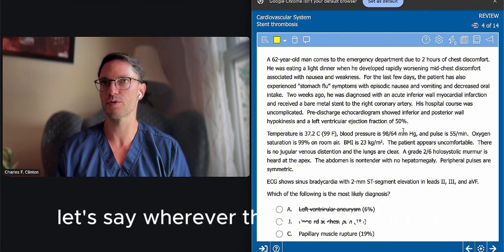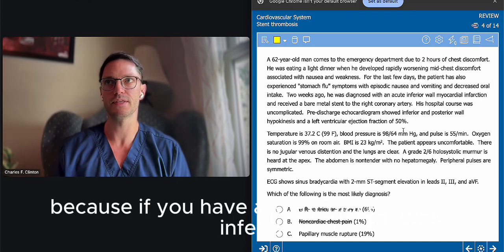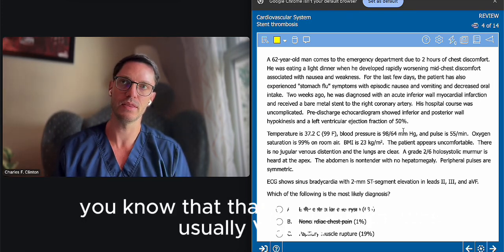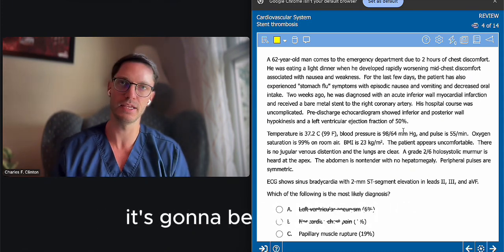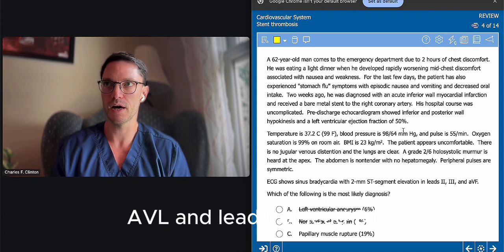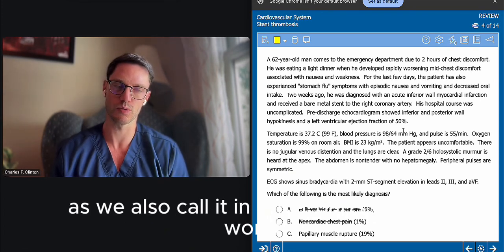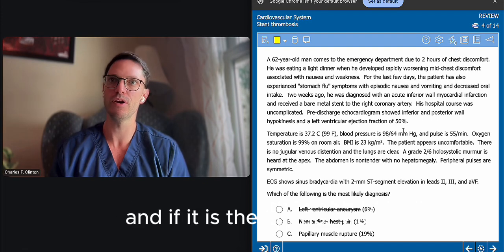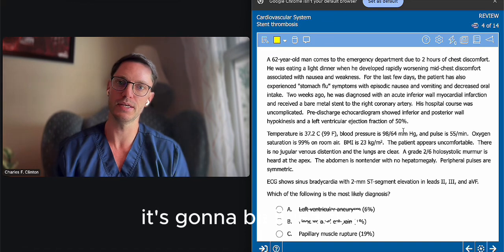Let's say wherever the stent was placed, you know what EKG territory that was. If you have a stent placed in the anterior descending artery, that's usually leads V1 through V4. If it's the left circumflex, it's going to be leads V5, V6, AVL, and lead 1, or lead D1, as we also call it in other parts of the world. And if it is the inferior wall, or sometimes called posterior wall, or right coronary, it's going to be leads